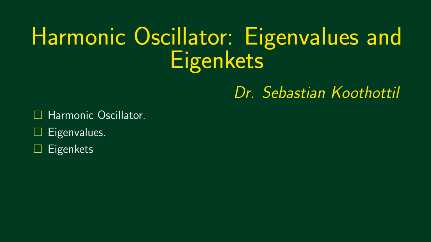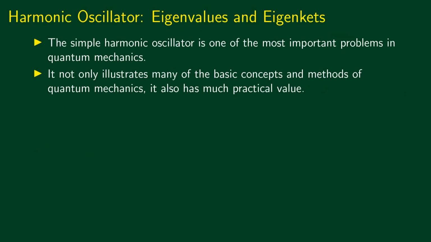Hi, let's now discuss the harmonic oscillator problem. Our aim is to find the eigenvalues and eigenkets for the harmonic oscillator Hamiltonian. The simple harmonic oscillator is one of the most important problems in quantum mechanics. It's a problem that can be completely solved, and it illustrates many of the basic concepts and methods of quantum